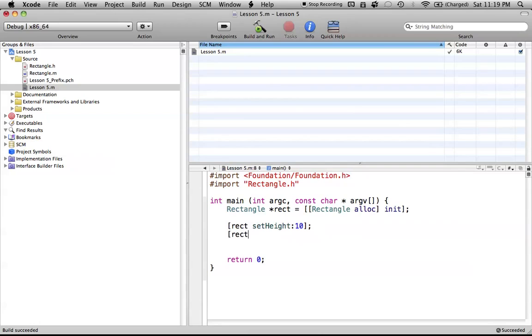Next, if we want to set the width, all we're doing is setting the width. So let's set the width to a value of 5. Now we want to see if this is actually working, and to test that, we're just going to print the information out. So we're going to call NSLog, and for any Objective-C string, we always use the @ sign before the double quotes. So this creates an Objective-C string, and we want to say,